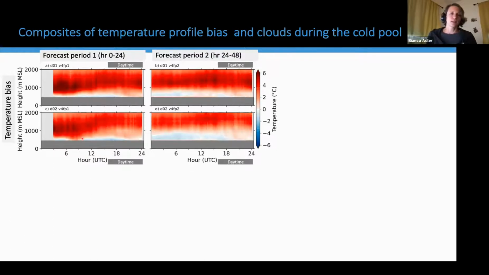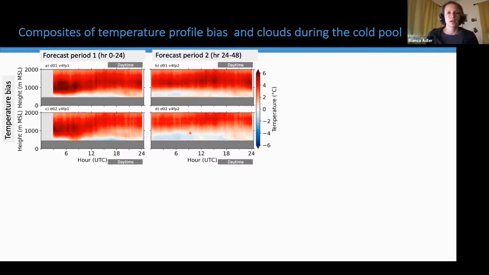So let's first look at temperature profiles. These are 24-hour composites of temperature bias during the cold pool period for both forecast periods. On the left-hand side is forecast period 1, right-hand side forecast period 2. And we can see that the warm bias, which we saw during forecast period 1, is reduced for forecast period 2, especially here for the domain 2